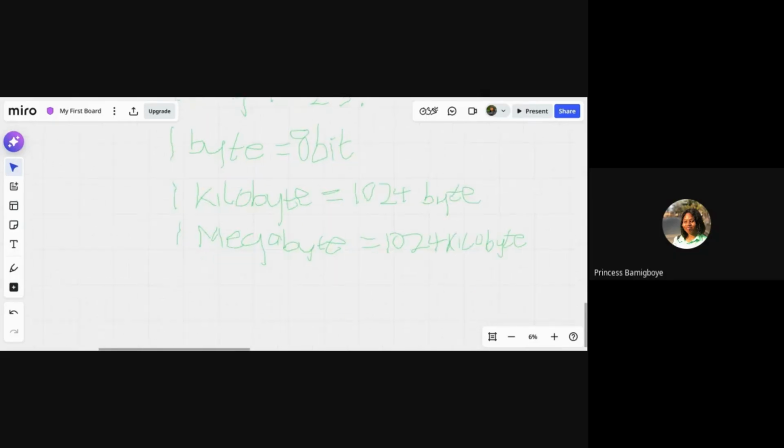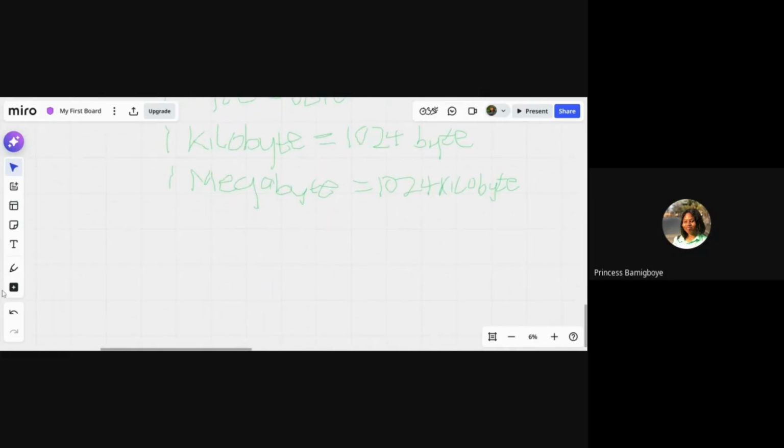Then after megabytes, we're introduced to gigabytes. All these are sizes of memory capacity, sizes of data essentially.